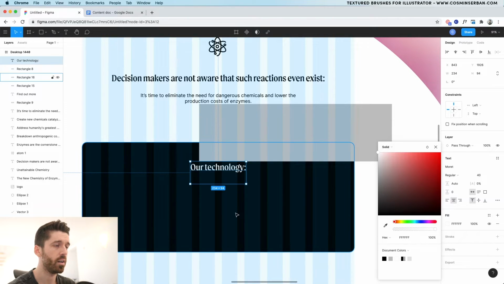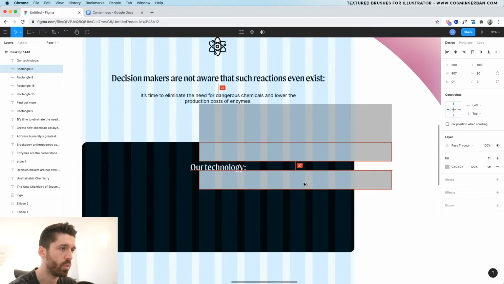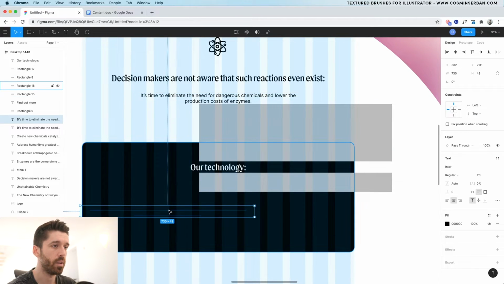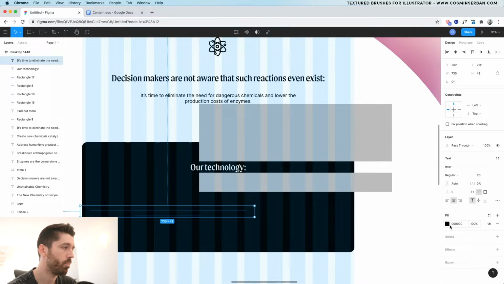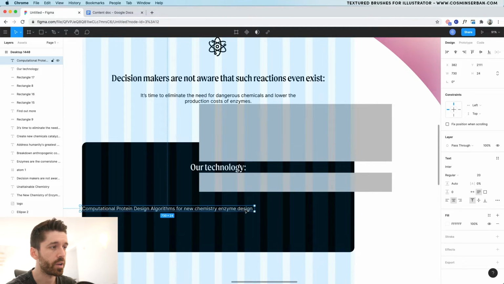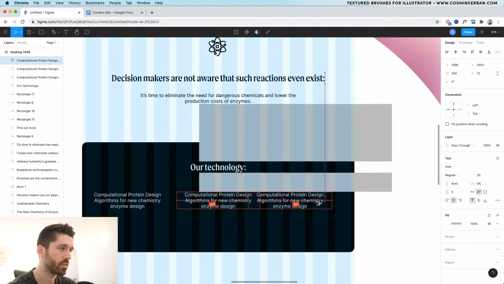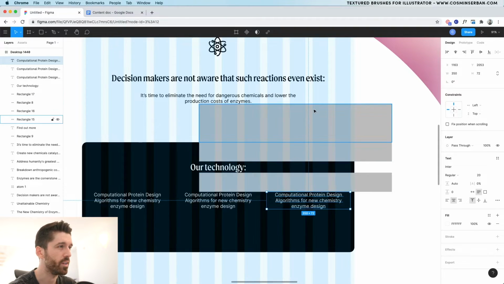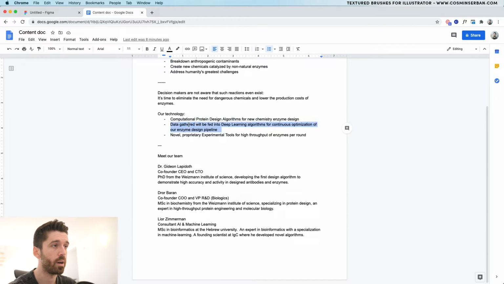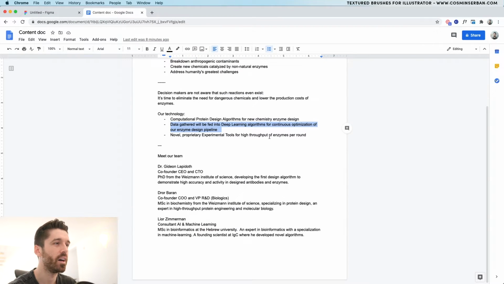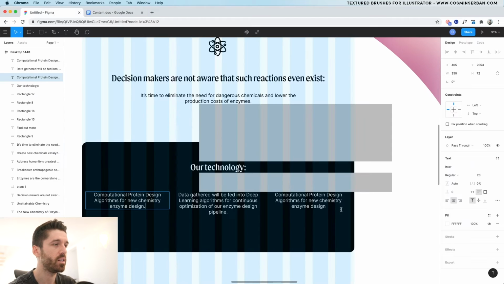Double click our technology. I'm going to have 80 pixels as well and a 3-column layout. The first one is this one. Let's make a copy, move it on top of everything and make it white. Since it's a 3-column layout, I'm going to probably need to scale this down. And again, I'm probably going to use icons for this, just because it's going to make it so much easier to showcase all of these points, because most of them I don't really understand them. Let's double click and paste it in. I can see that all of this copy doesn't have a dot at the end. I'm not sure, should it have a dot? What do you guys think?